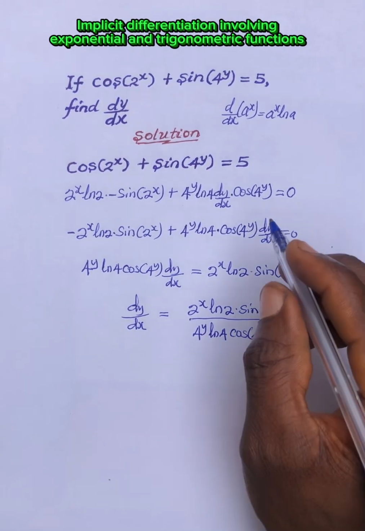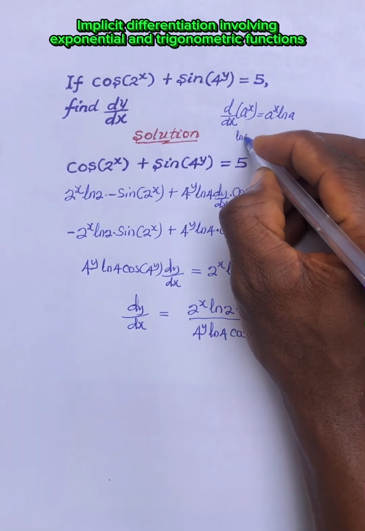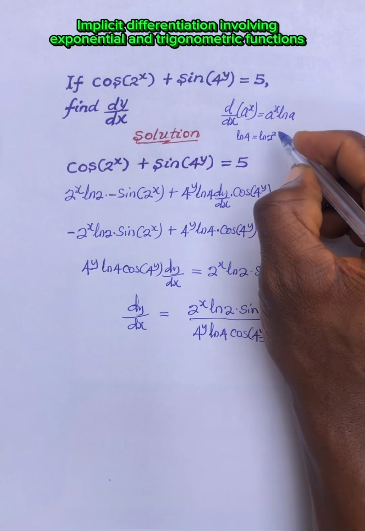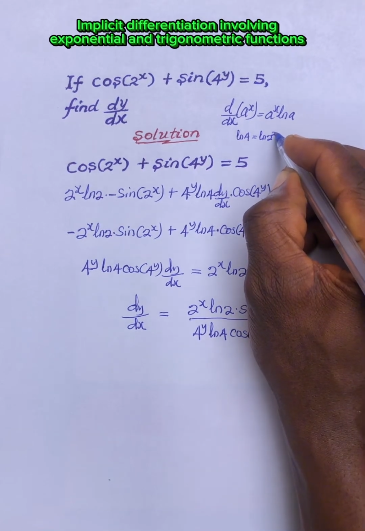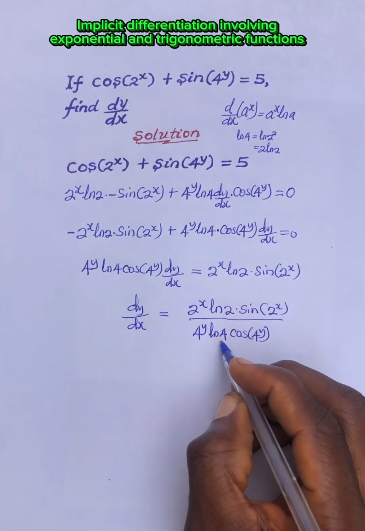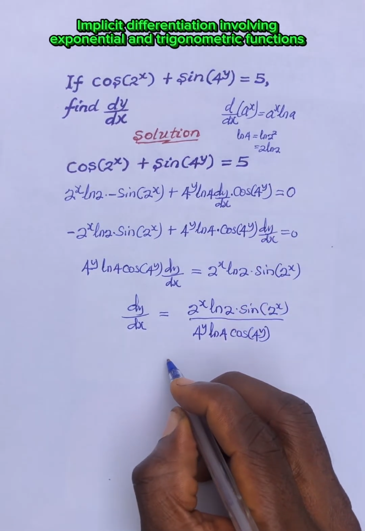And then in this, ln 4 can be written as ln 2^2, and in logarithm this 2 being the power will come down. We have 2 ln 2. In place of this, we're going to write this. We now have that